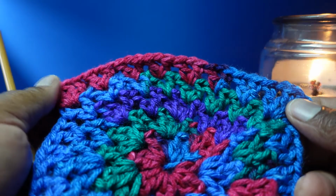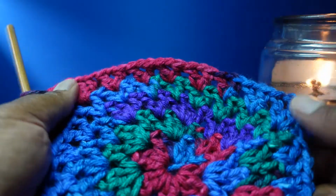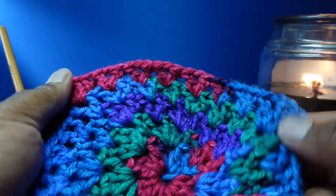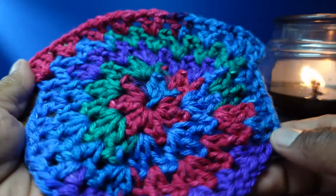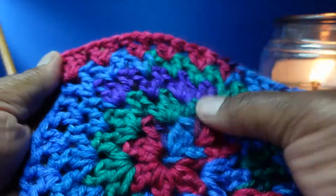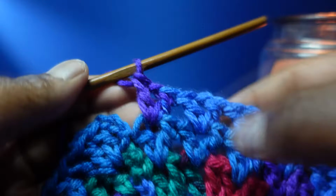So 3 times 2 is 6. In the previous round we had 42 stitches, so if you add those 6 newly added stitches for this increase round, round 5, then you get a total of 48 stitches. Alright, there's just a little math for you. I'll see you here. So I'm back around, and as you can see,